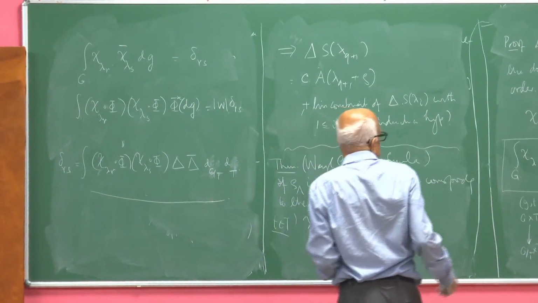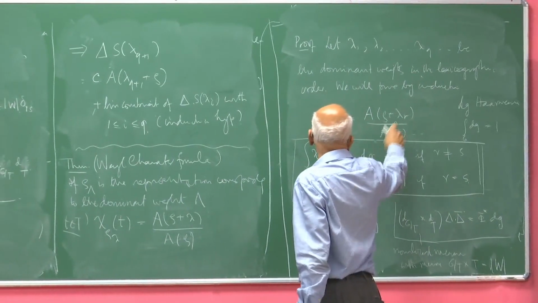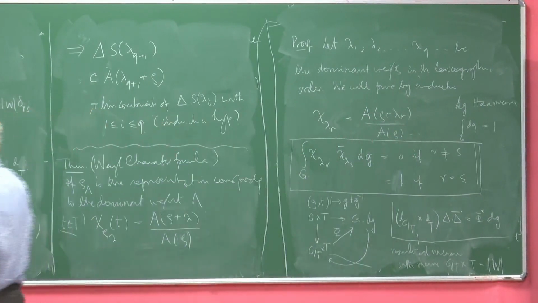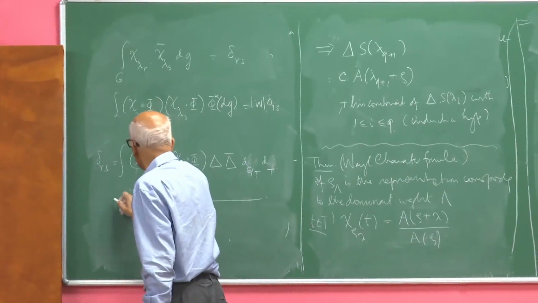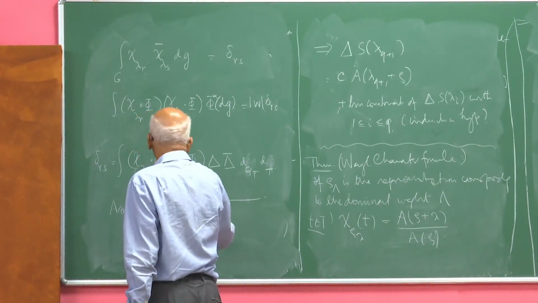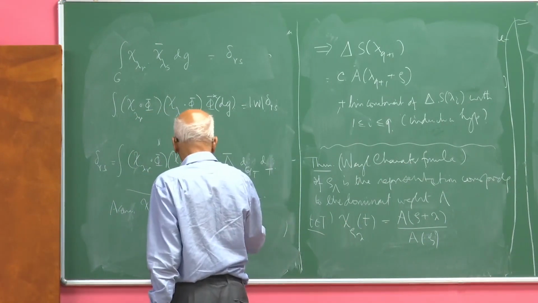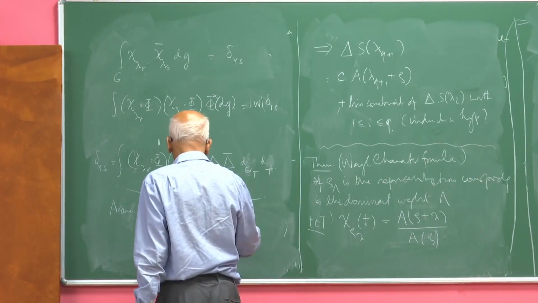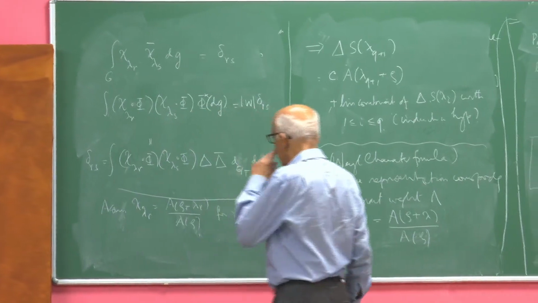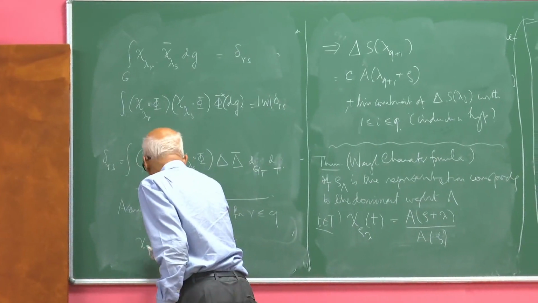by induction hypothesis, I know chi lambda r equals A lambda plus rho by A rho, and if I look at chi, I am now looking at chi up, so assume chi lambda r equals A lambda r plus rho by A rho for r less than or equal to q. Then if I look at chi lambda q plus 1,